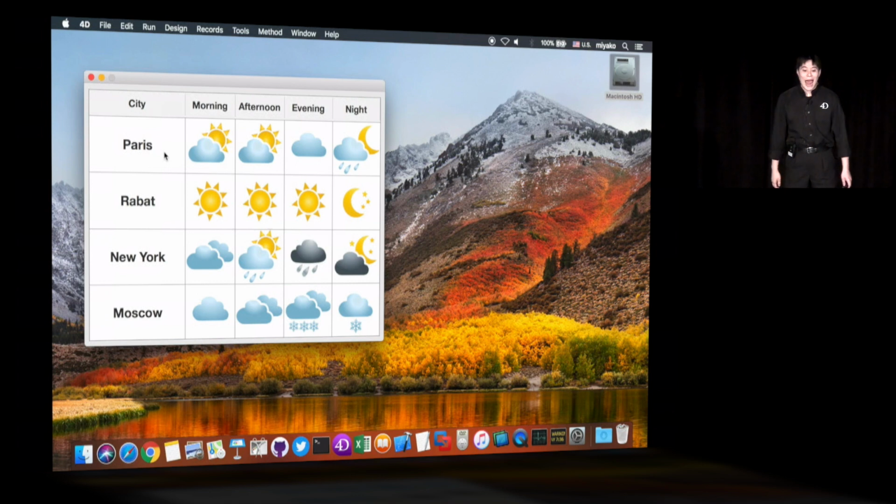Now here we have a list box displaying the weather forecast for several cities. Now, as the mouse pointer slowly moves across the rows, you'll see that help tips are displayed, and the content of that help tip is actually dynamically changing to correspond to the weather symbol displayed inside each cell. Now, you might think that each of these cells have their own help tip defined, but actually that is not the case. When you go inside the object method of this list box,